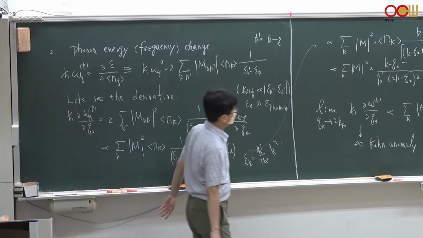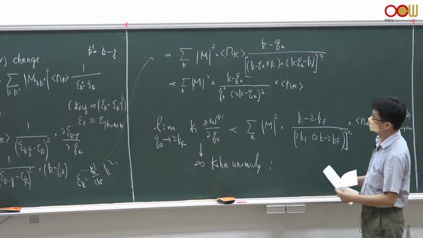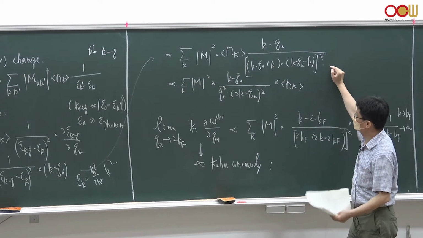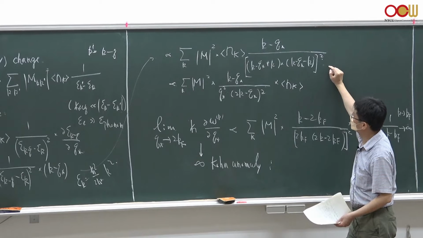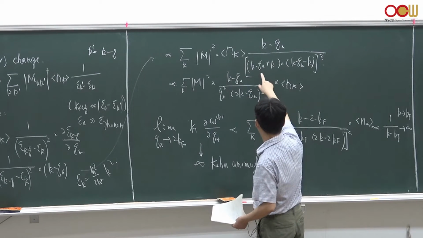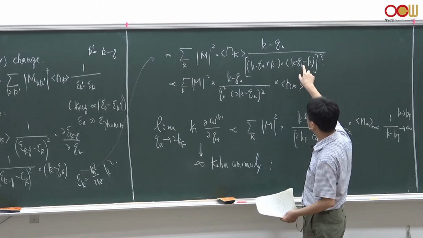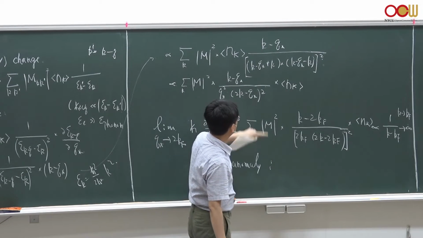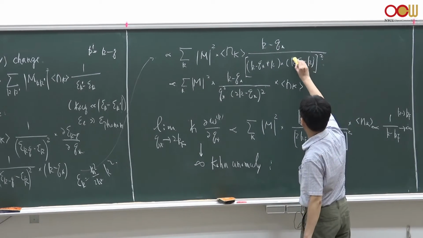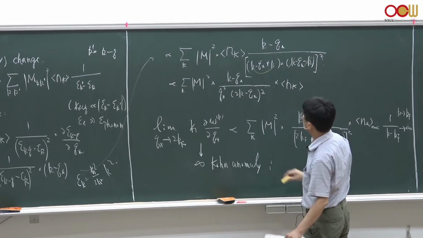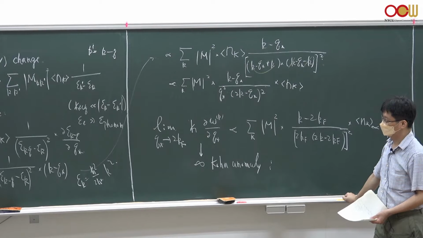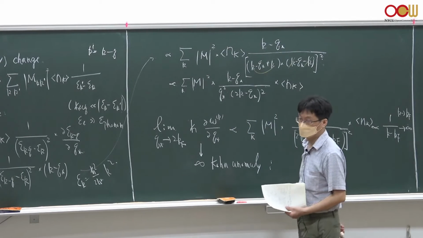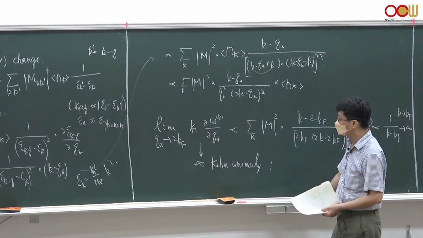Okay, so let me rewrite this derivative of the single phonon frequency in this form, which will become more clear in just a minute. You could simplify this energy denominator, which is q star squared times (2k minus q star) squared, because this cancels with this k, and these 2k's add up, right? Okay, so then you could study this derivative, which is the slope of this single phonon frequency at a particular value